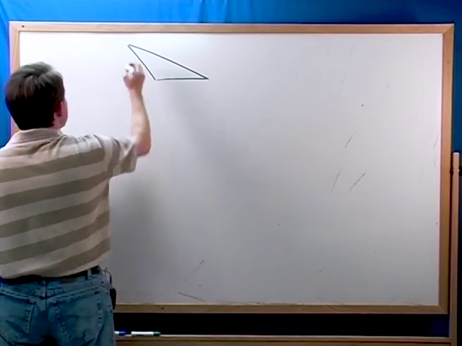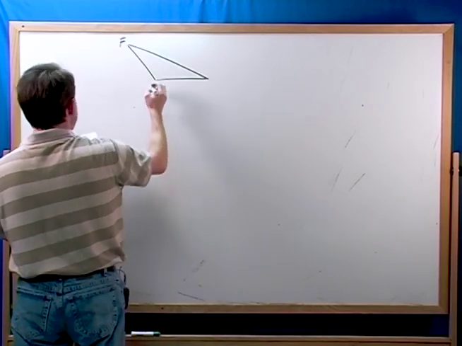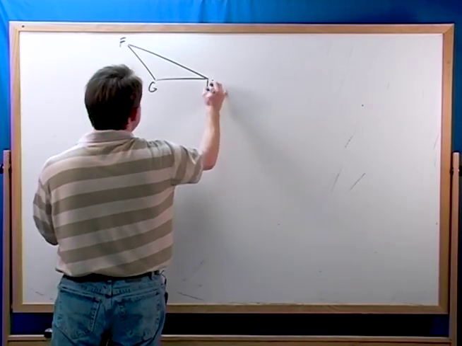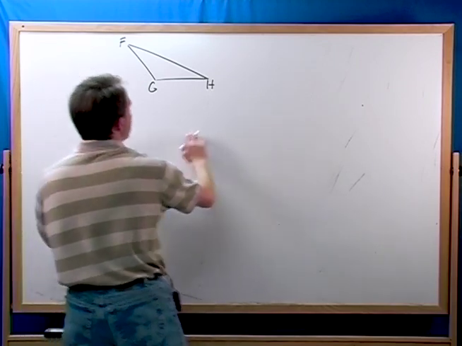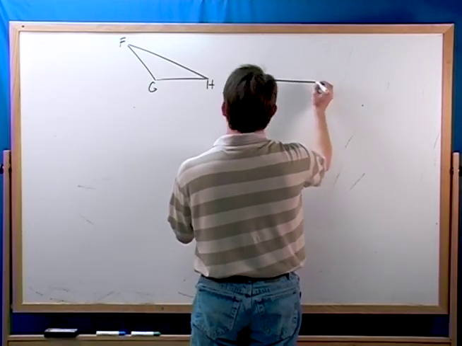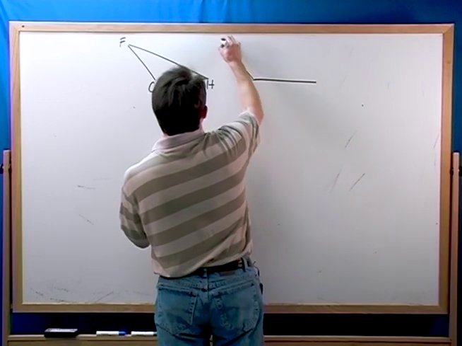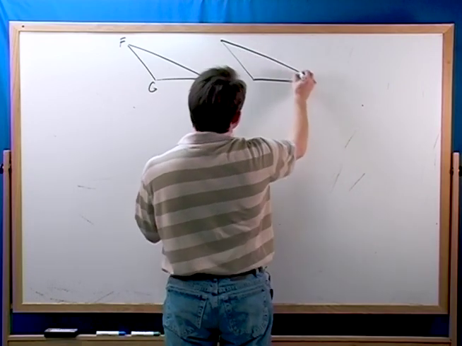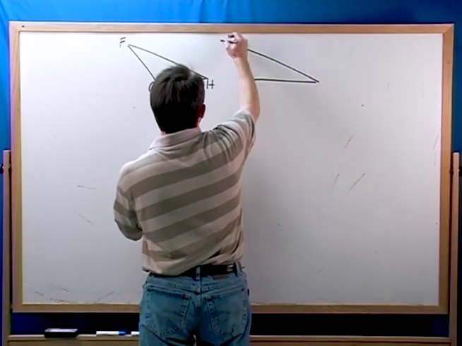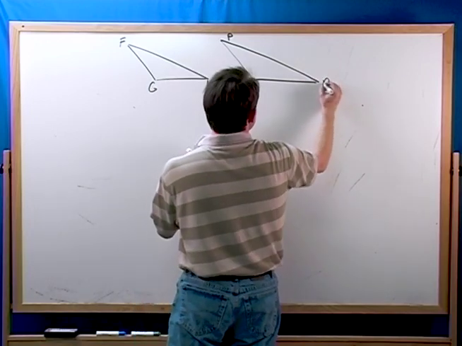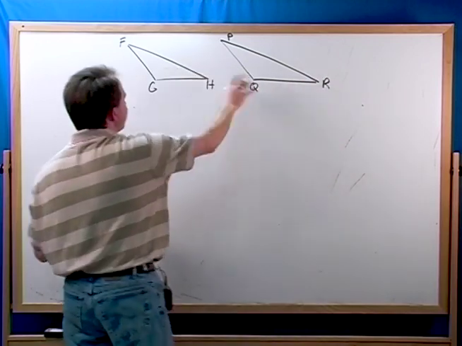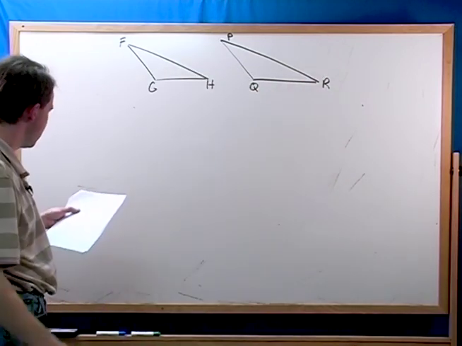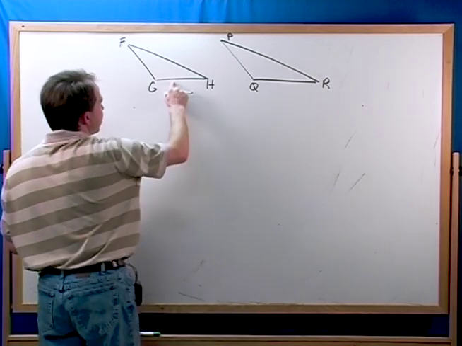Okay, we're going to call this point F up here, G and H. And I'm going to draw what's going to end up being a congruent triangle. This is going to be P, R, and Q. So I've got two triangles that are obviously congruent, but let's say you don't know the lengths of all these